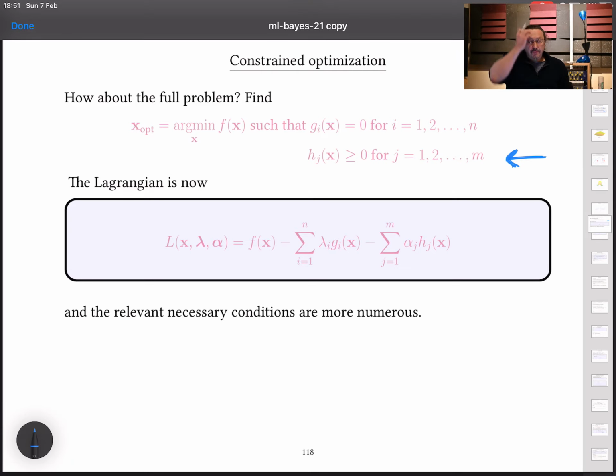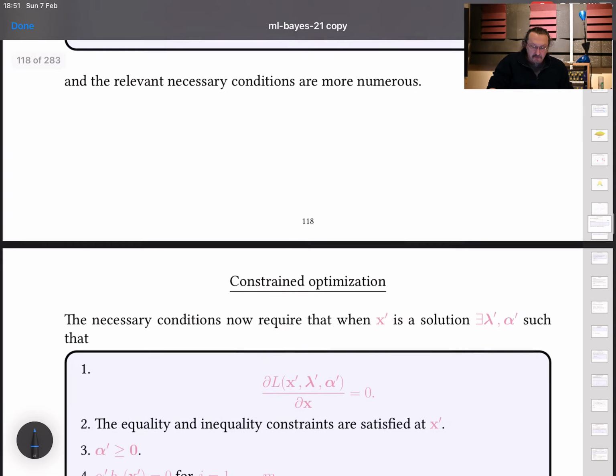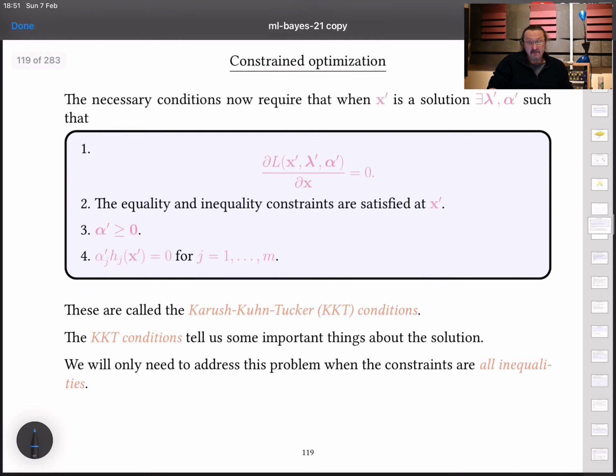The difference now is that the necessary conditions for a solution are moderately more involved. These are called the Kuhn-Tucker conditions, and they actually end up telling us something quite important about the solution in the case of support vector machines. What they say is this: we're now going to require that when x prime is a solution, there are values for the Lagrange multipliers such that,